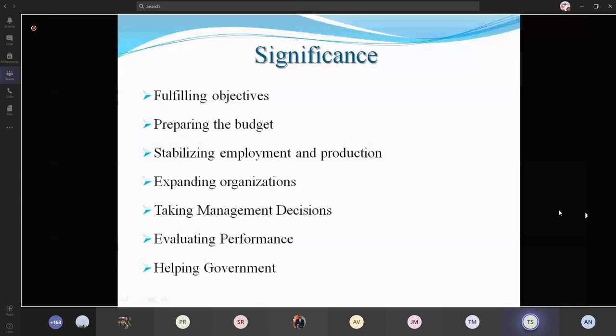And the next one is expanding the organizations. This implies that demand forecasting helps in deciding about the expansion of the business of the organization. That may be a new plant, or the plant may be expanded in the same place, or they can choose some other region to make a new unit. So if the expected demand for the products is higher, then the organization may plan to expand further. Otherwise, if the expected demand is low, automatically they can cut down the investment to be invested in the business.